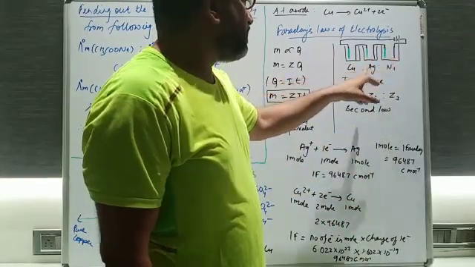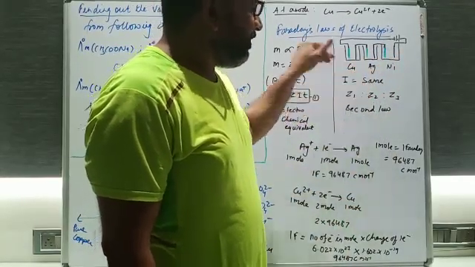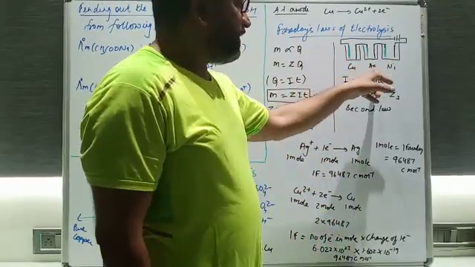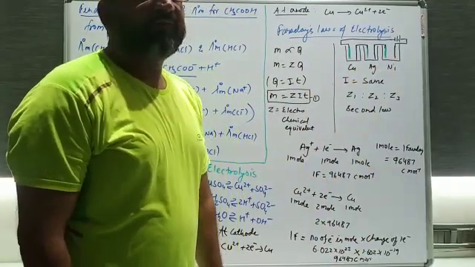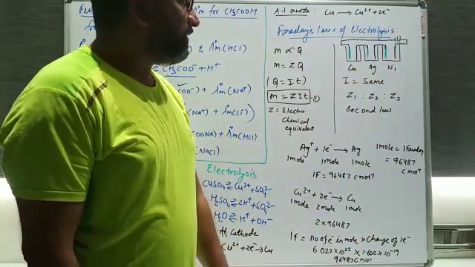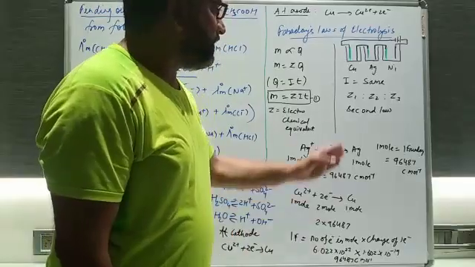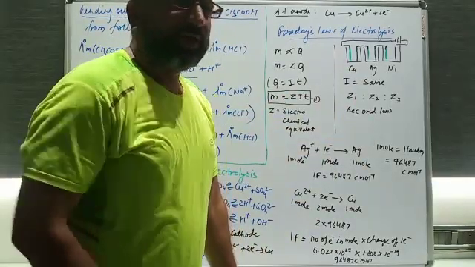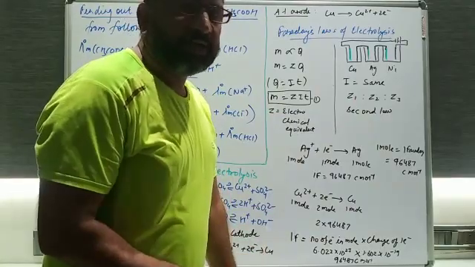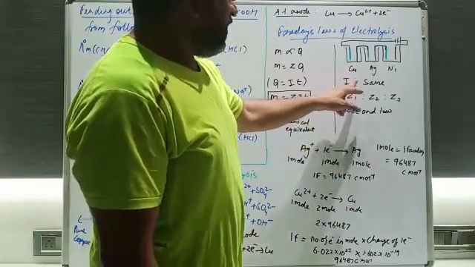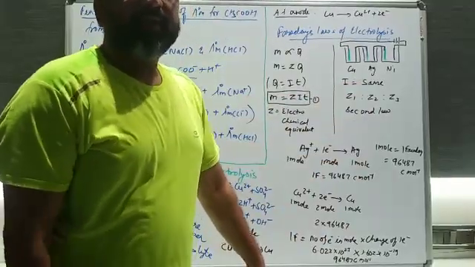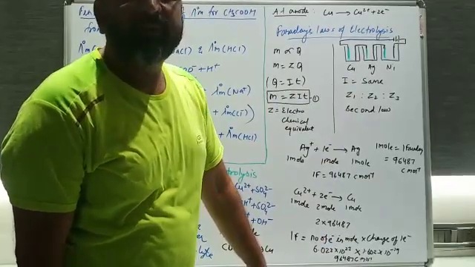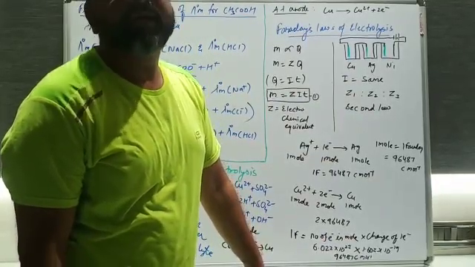Is it fine, students? If you pass the same amount of current, will the same mass be deposited on the copper as well as on the silver and the nickel? The answer is no, because everything depends upon their nature. All these metals have different reduction potential capacity, so the mass deposited depends on their potentiality. So if you pass the same amount of current and all the cells are connected in series, then the mass deposited on the cathode will be in proportion to their electrochemical equivalent.